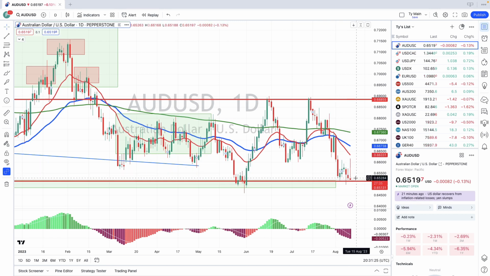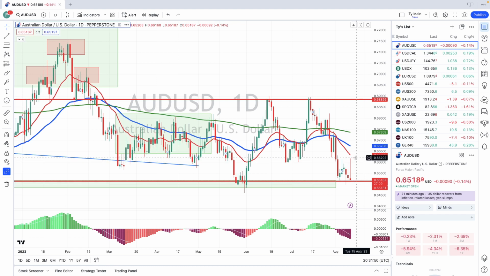It's at support though, there's no question about that. If it's still trading above this level on Monday or into New York trading tomorrow, we're going to be looking at a potential bounce from this level, maybe up to the 20 moving average, up to the previous high here. We know that there is a bit of support there. You can see right through these bottoms here, there is support there, and the 20 moving average is getting closer and closer to that. So it wouldn't surprise me to see it test that level again.